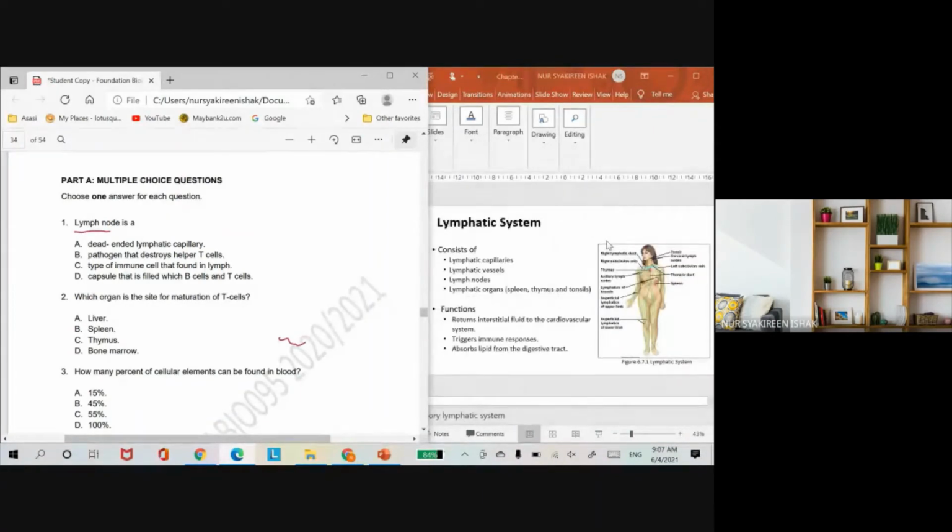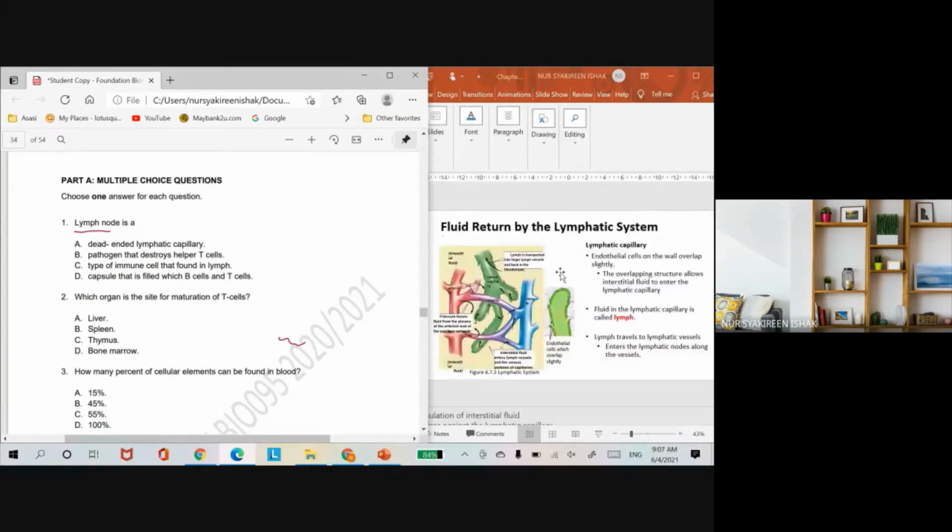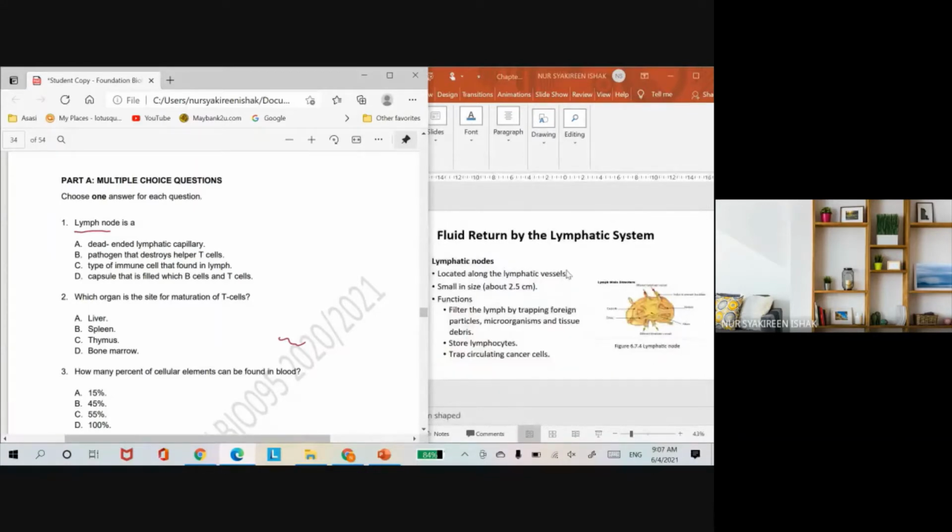Look, it consists of lymphatic capillaries and lymphatic vessels, and it has no artery or veins. It has the lymph nodes and also lymphatic organs: spleen, thymus, and also tonsil. So the answer for number 1 is D, capsule that is filled with B and T